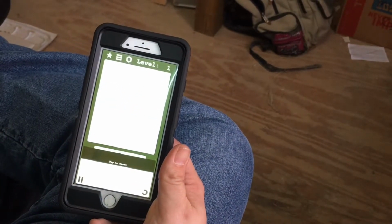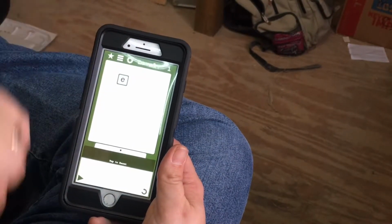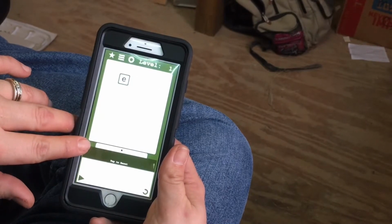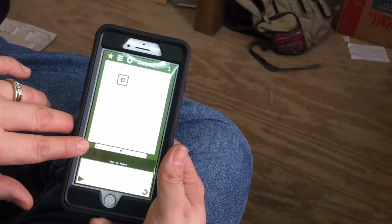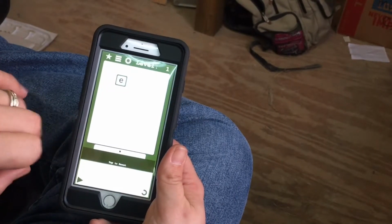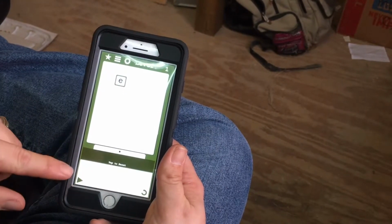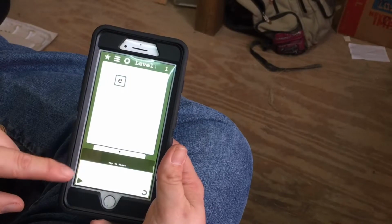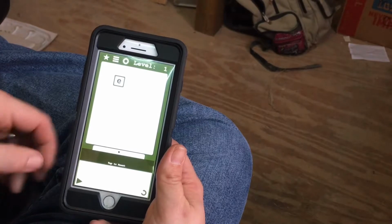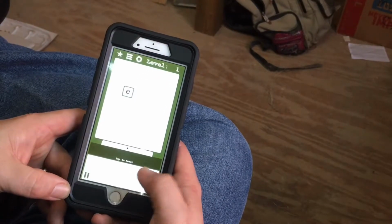This is level 1, this is E. Now, let me pause it here real fast. Okay, so as you can see, the E started down from the top. If you look here in the center, there's a little white bar and it has just a single dot. That is a visual representation of whatever letter you're testing for or learning in this level. And then down here at the bottom where it says tap here, that's the area of the screen that you're going to tap whenever you are going through the level. So let's go ahead and start this up. Hit the play button and you just tap,